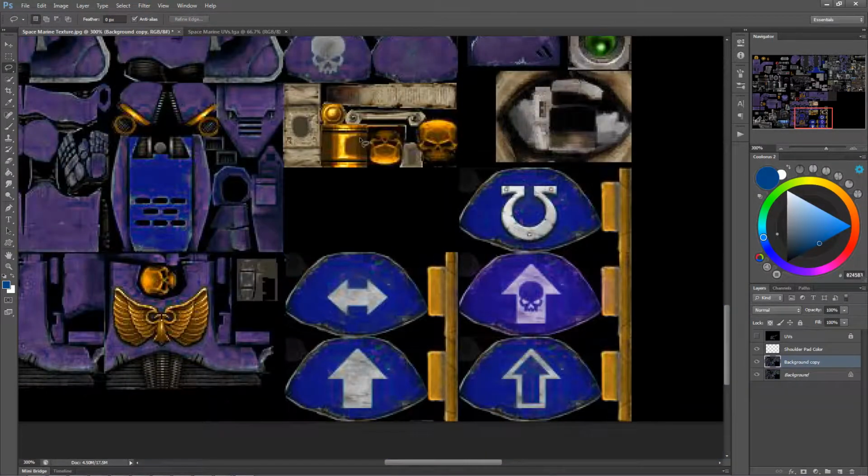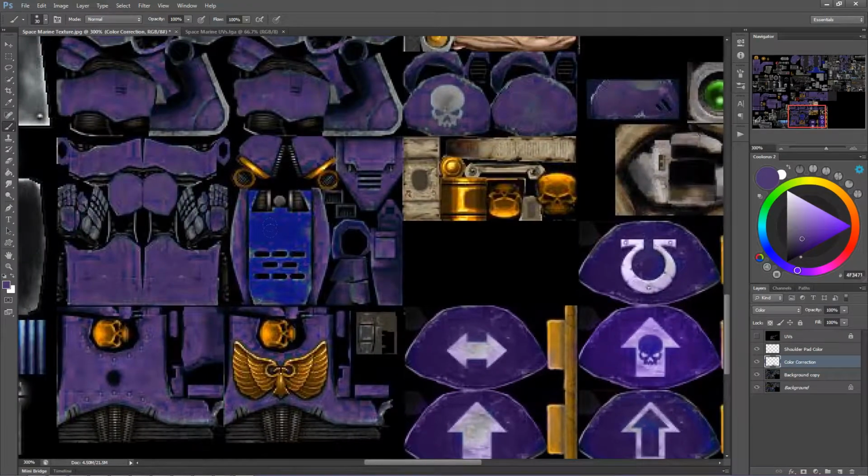Looks okay. It hasn't really gotten the shoulder pad, so I'm going to make a new layer. Color correction. We're just going to make this a color layer itself. And I'm going to select the color on top of this. And then quick and dirty, I don't want to worry too much about details or messing up because this is a demonstration. All right, let's do it over here too. Okay,